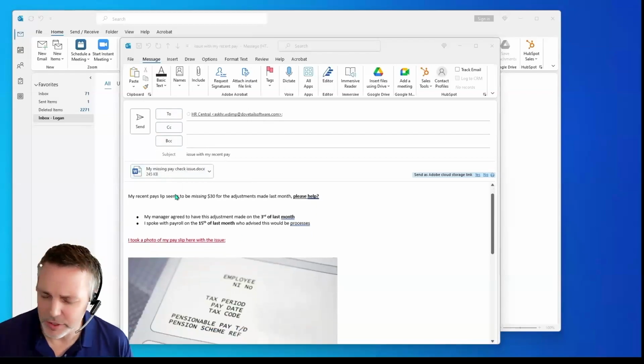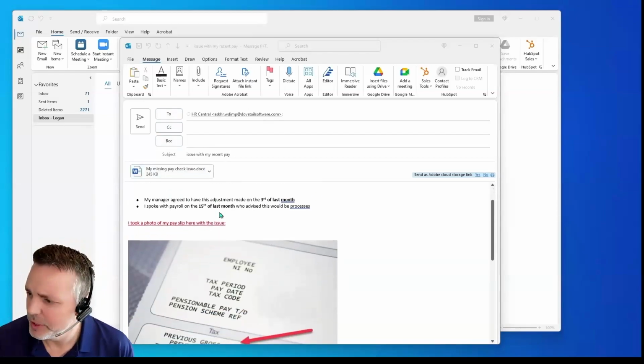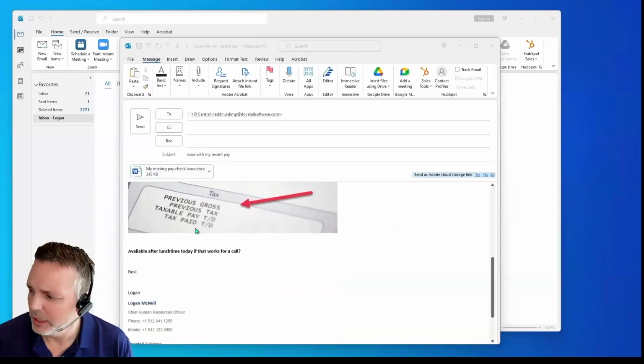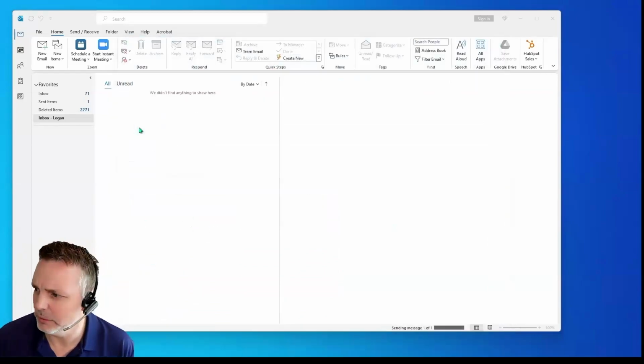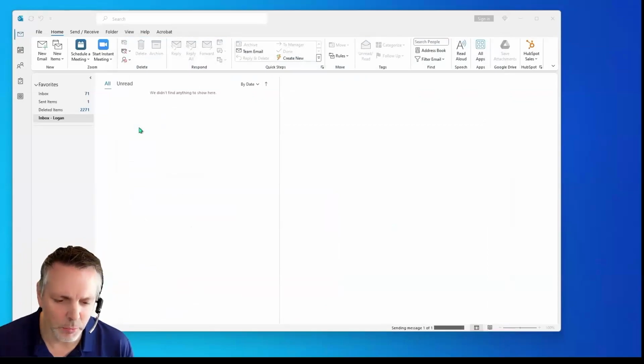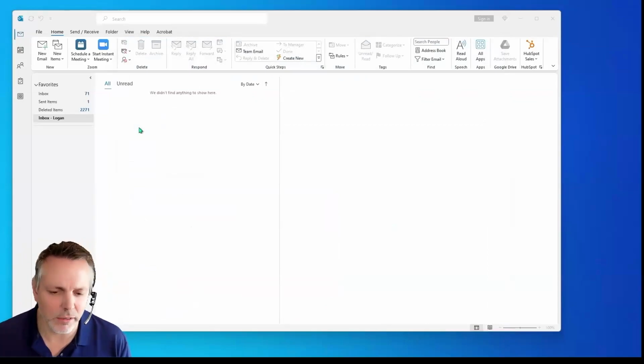I've added onto this email a simple attachment, some bullets, some screenshots. It's got my email signature in there as well. And I'm sending this as if I were Logan McNeil. So Logan hits send, and what's going to happen first is Logan's going to get a response from Dovetail HR,